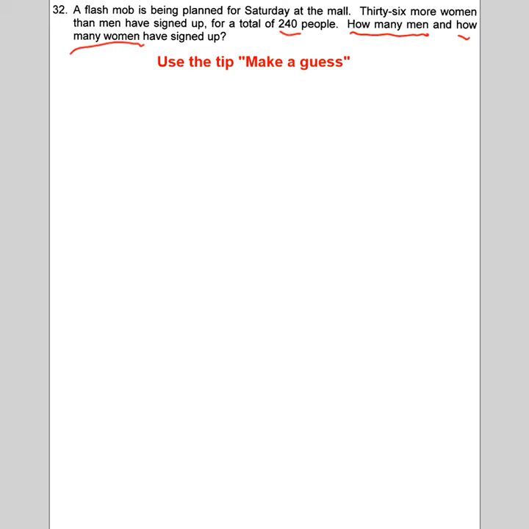So I want to know how many of each of those. And in the problem it says 36 more women than men have signed up. So I'm going to assign my variable as m equals the number of men